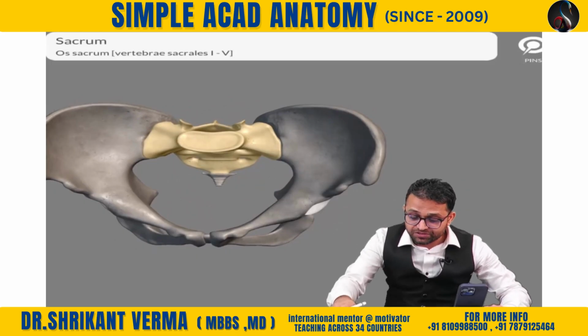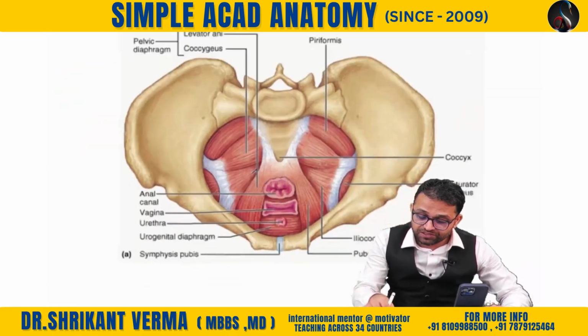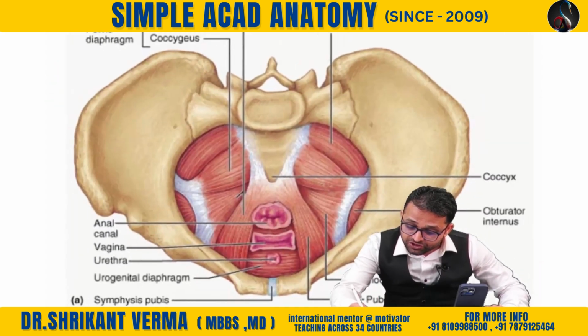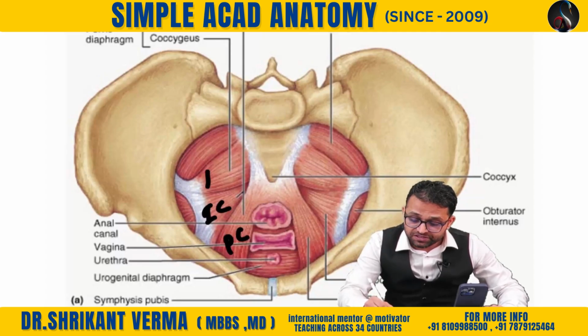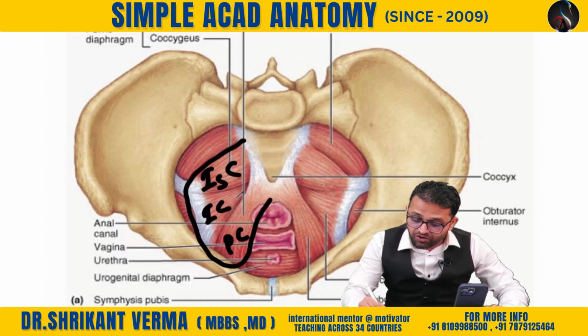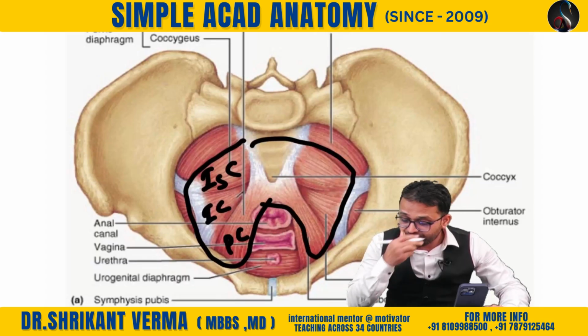So here are the muscles. So I told you the three equations. Sir, this is our pubic symphysis to the coccyx. So pubococcygeus, ilium bone to the coccyx, iliococcygeus, ischium bone to the coccyx, so ischio-coccygeus. These all muscles are uniting on both sides and making one partition, that is our pelvic diaphragm.